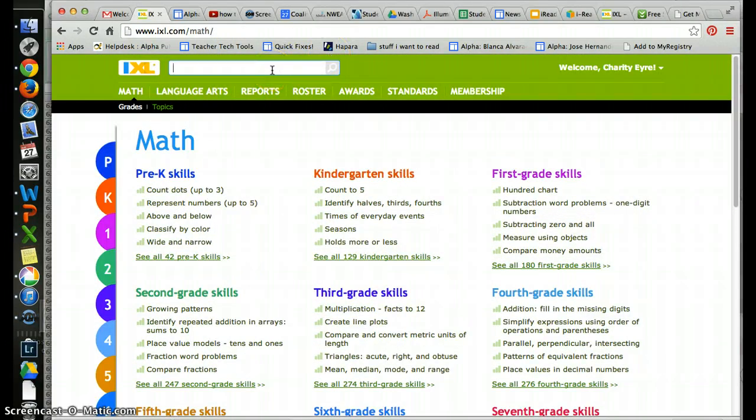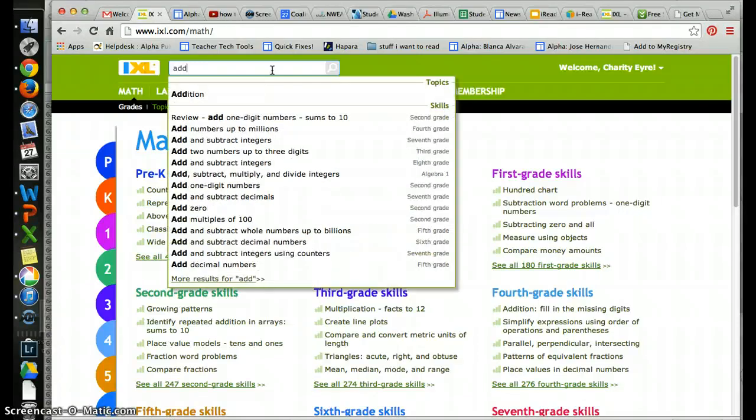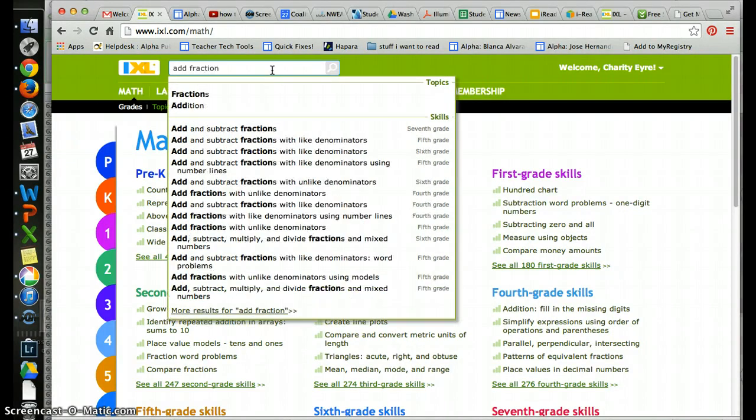Let's say that I want to teach my students, or I want them to practice adding fractions with a like denominator. So I'm going to start putting in add fractions. And you'll see that tons of different options come up. You might want to go through some of these and try them out and see which one fits the best